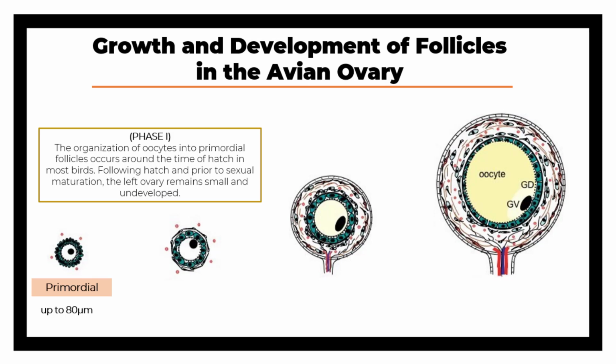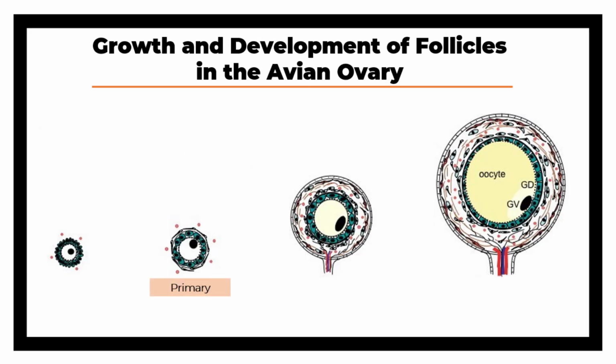Following hatch and prior to sexual maturation, the left ovary remains small and undeveloped. Primordial germ cells become surrounded by a single epithelial granulosa cell layer, and these primordial follicles are loosely arranged in clusters or nests. The second phase is the recruitment of primary follicles into the slow growth phase, which is the